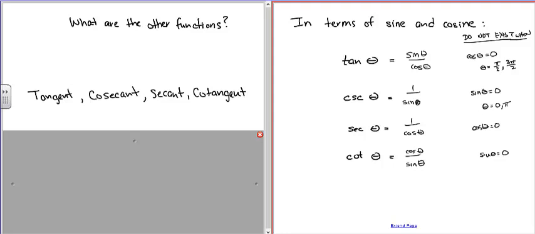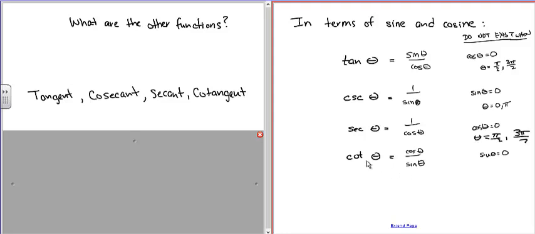Now the cosecant is 1 over the sine, and the sine of theta equals 0, which again will give us an undefined result when theta equals 0, pi, and also 2 pi. For the secant, it's the same. The secant has the same conditions under which it does not exist, because in the tangent the cosine is in the denominator and in the secant the cosine is in the denominator. So the values of theta where the secant does not exist are theta equals pi over 2 and 3 pi over 2,